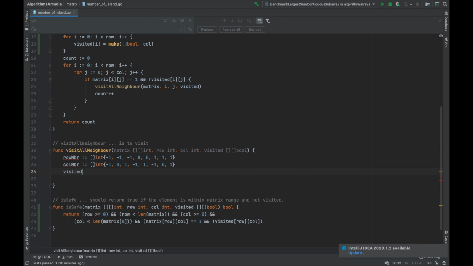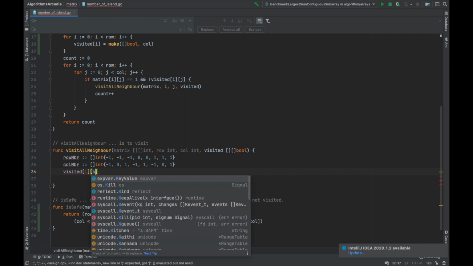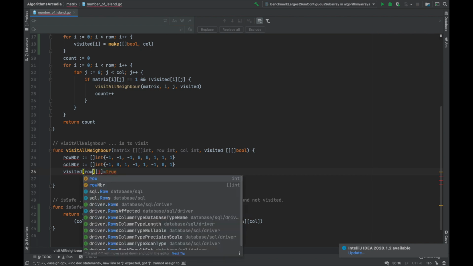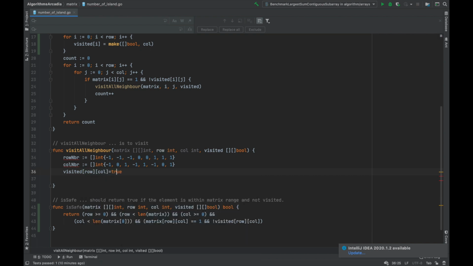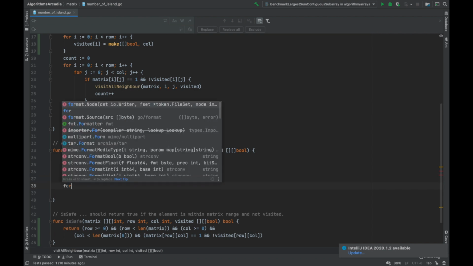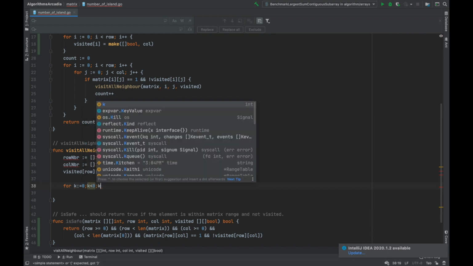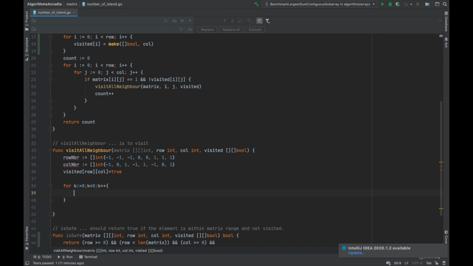So let's mark this element as visited. Now this particular element is visited. I'm passing the row and column. Now what I have to do: k equal to 0, up to 8, because there are 8 possible neighbors for it.